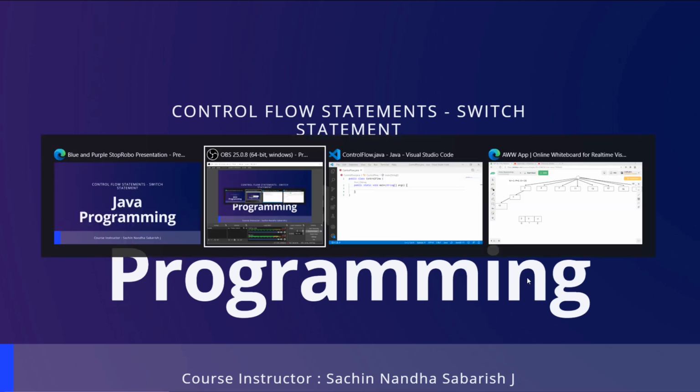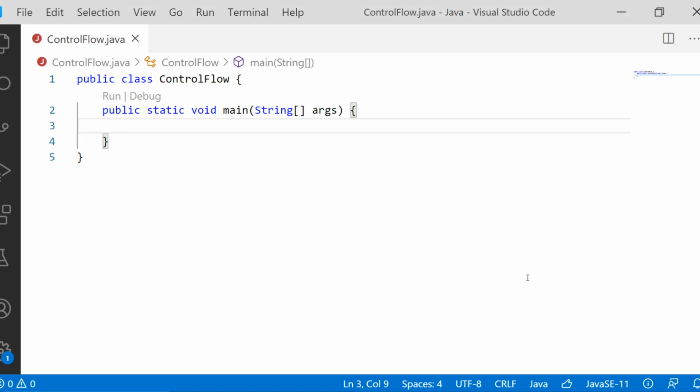Okay. So we have taken a file ControlFlow.java, where we have the class ControlFlow. The class name is ControlFlow, and now we'll take a simple conditional statement code, and we will convert it into a switch statement.